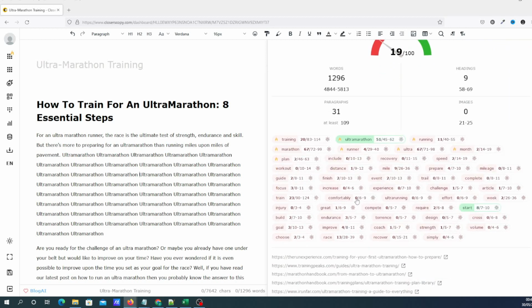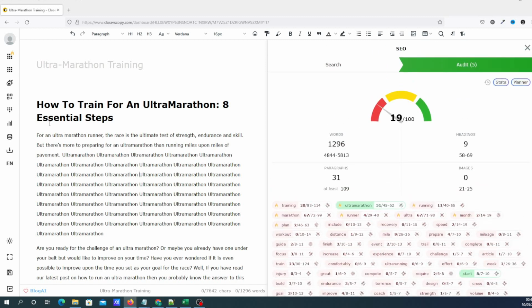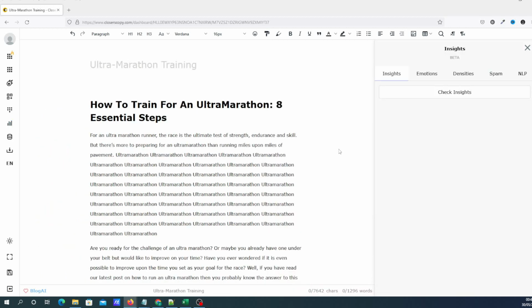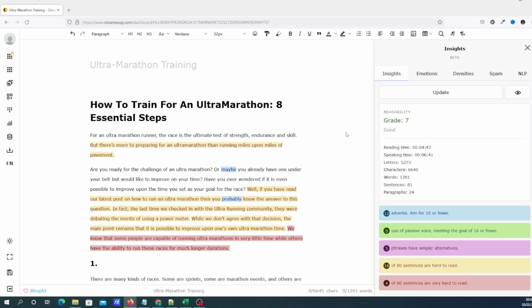But that shows you the power of what Closerscopy's got within its toolbox, because this is all in-house, so you can create your document and then do the SEO score. The final thing we're going to be looking at is the insights. Basically, the insights is going to check our document for readability, emotions, densities, spam, and NLP. So when we run the test,